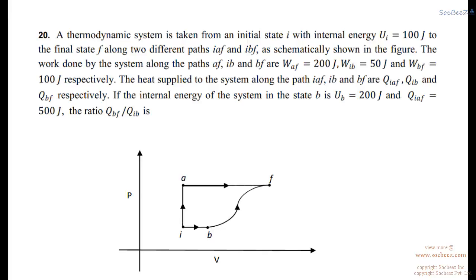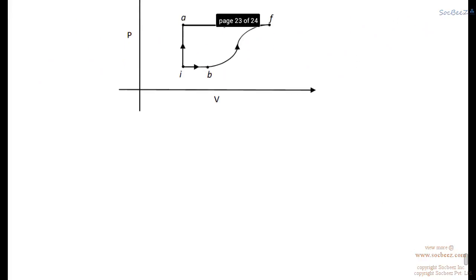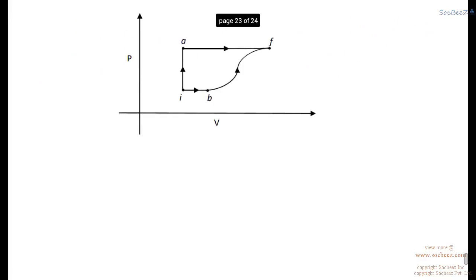The heat supplied to the system along the paths IAF, IB and BF are QIAF, QIB and QBF respectively. If the internal energy of the system in the state B is UB equals 200 joule and QIAF equals 500 joule, the ratio QBF upon QIB is, well, here since this